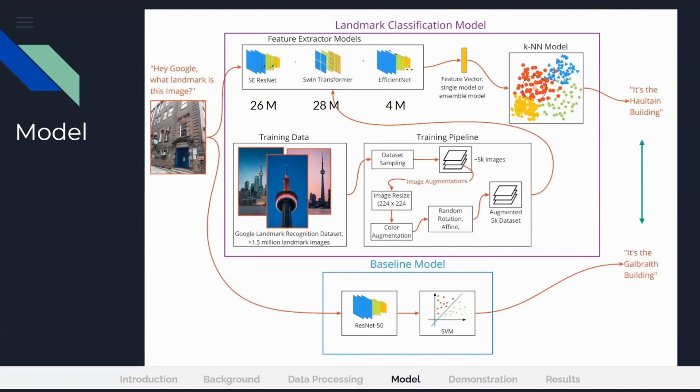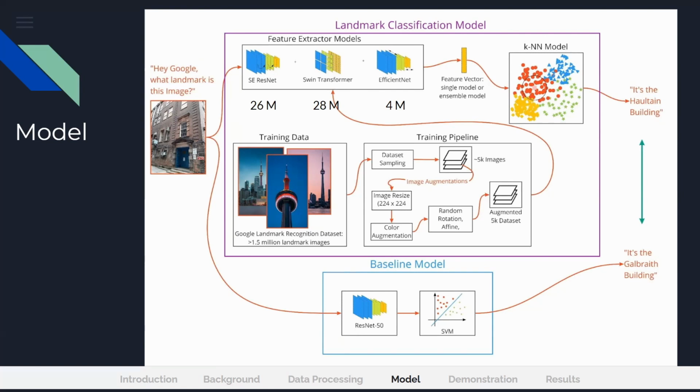The way an ensemble works is that each model makes individual predictions for what a landmark could be, and then the most common prediction is taken as a final output. So each model, which is trained separately, will contribute to our solution. This ensemble will be compared to the baseline model, which is a normal residual network whose embeddings are transformed to